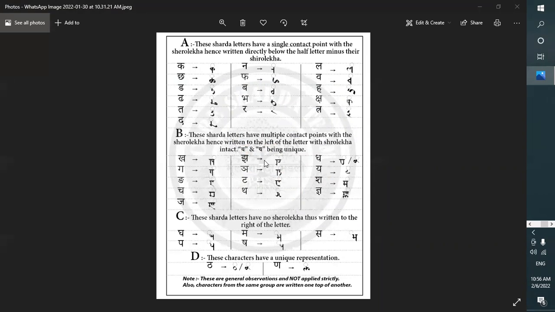आज हमने ये सीखा पहली बात कि जो संधि है शारदा लिपि में हाफ लेटर के बाद वाला लेटर नीचे लिखा जाता है। दूसरा हमने ये सीखा, कैटेगरी ए जो अल्फाबेट्स होते हैं, कैटेगरी ए आर दोज which are touching शिरोरेखा only one time, and when it is written below उनकी शिरोरेखा हट जाती है और वो अल्फाबेट के बराबर नीचे बैठते हैं। ये डायरेक्टली बिलो द हाफ लेटर लिखे जाते हैं माइनस देयर शिरोरेखा।